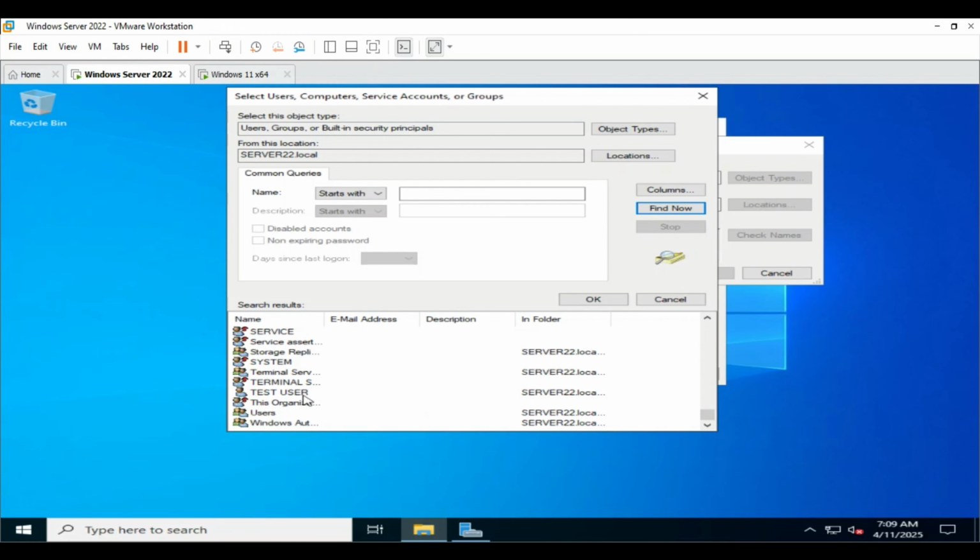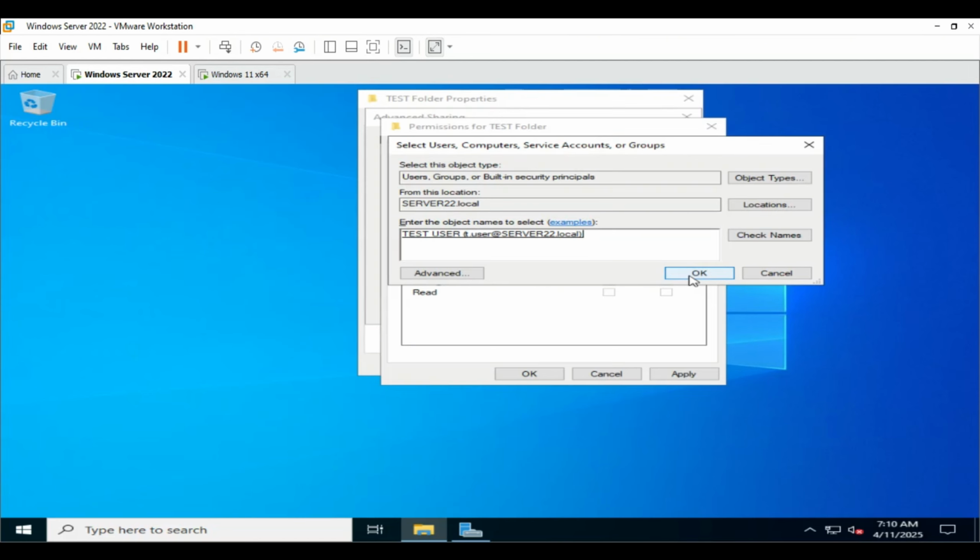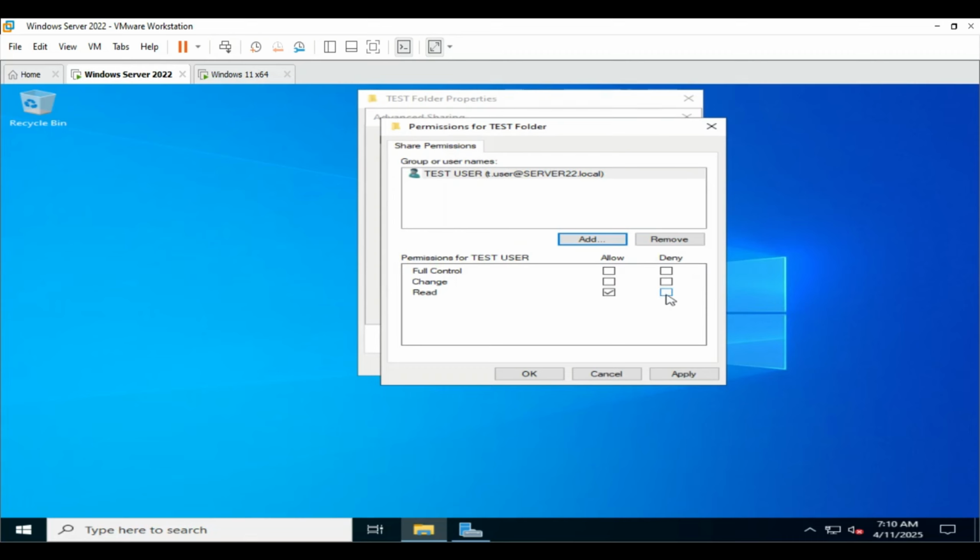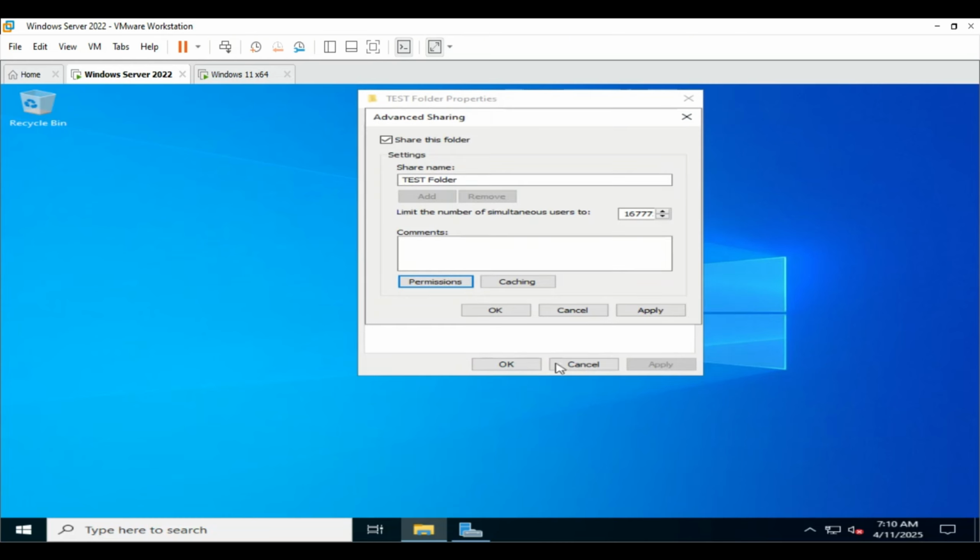for example test user, click OK, click OK, and then give full control here. We will restrict later with NTFS. Click apply, click OK, again click on OK